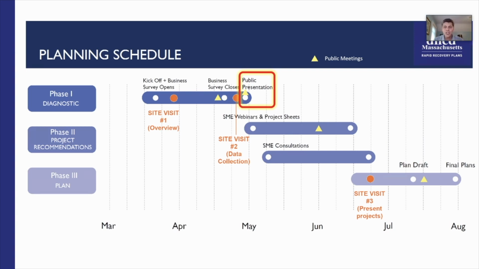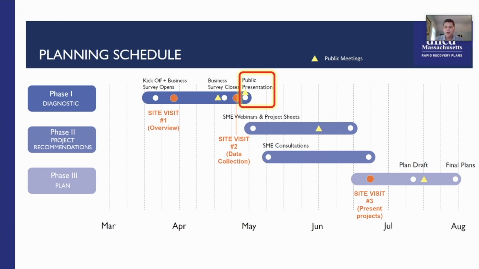That's where there's this ideation process where we're going to start identifying what types of projects might work in Brant Rock. There are a number of subject matter experts that have been hired by the state that are available to Brant Rock. And as we get into this process, we may ask them if there's a stormwater expert, if there's a business or facade improvement expert, if there's somebody who knows about mobility, we can have them come and provide expert advice. They'll counsel members of the town, stakeholders, local businesses, anybody as needed, with all of that culminating in